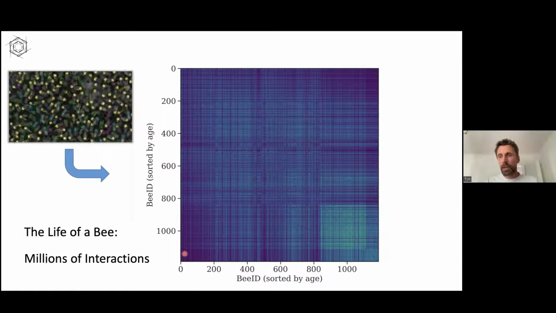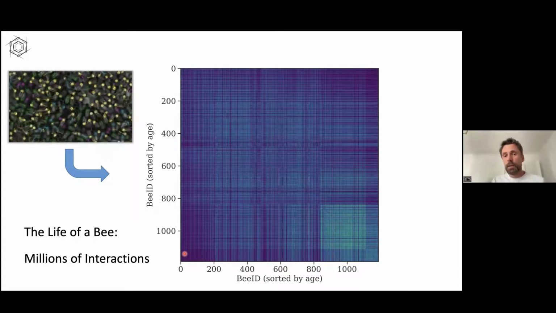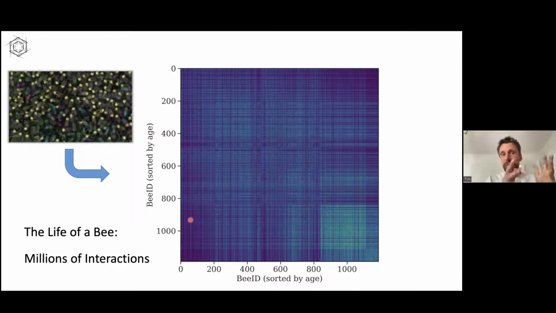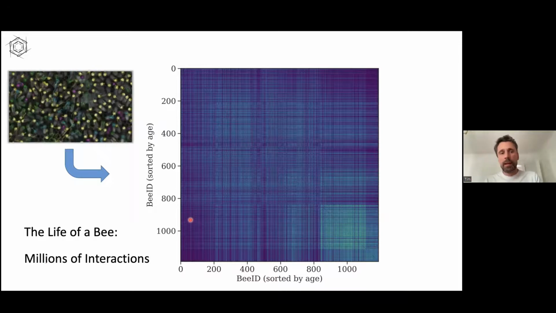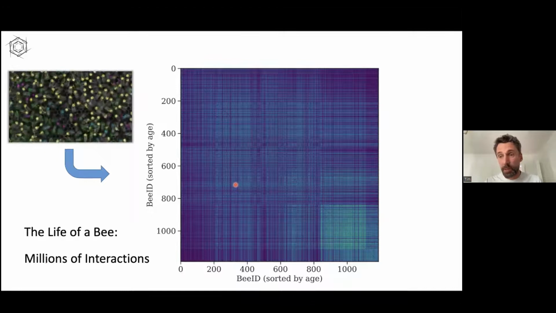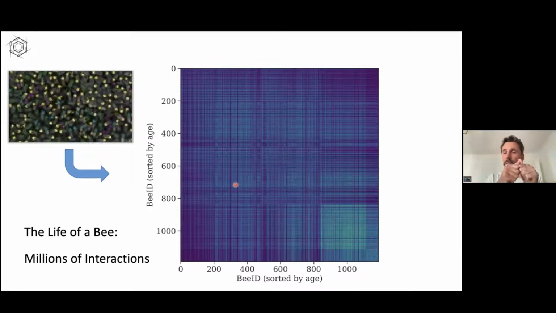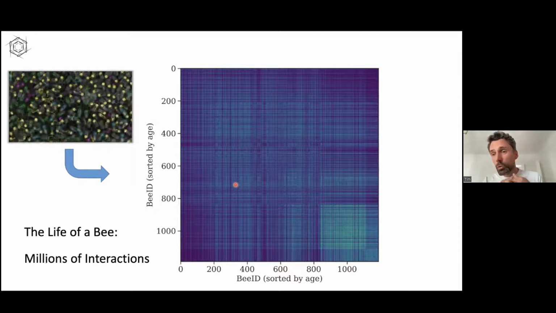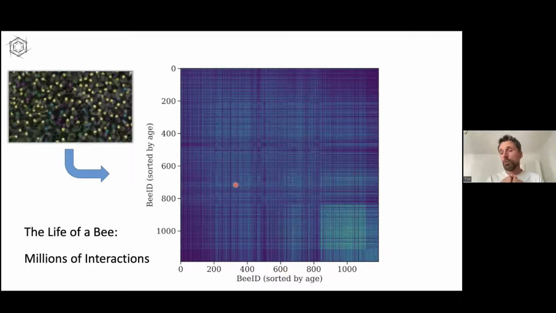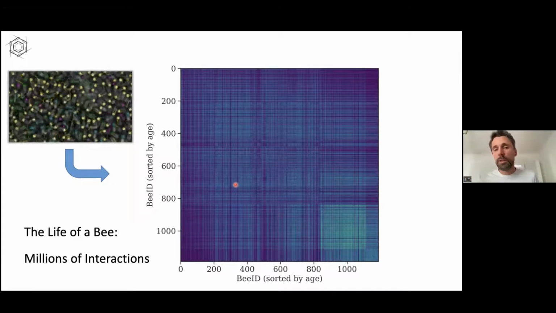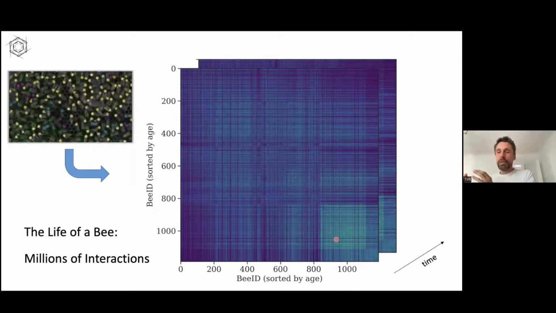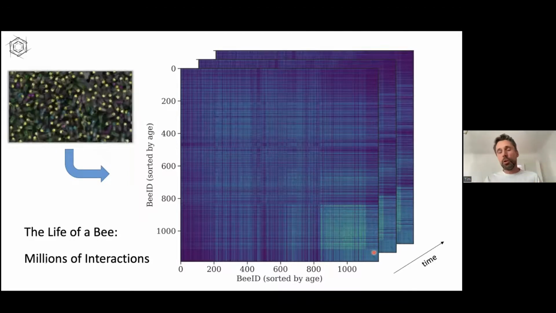So for an interval of time, let's say a minute or an hour or a day even, we could look at all the interactions, and these could be variably defined. So it could be food exchanges or could be dancing. In this case, it's really dense. These are proximity matrices. So whenever a bee and another bee are sufficiently close, we would count the duration of this interaction or the number of times they do this in a certain interval of time. And then since we have a lot of data, we could do this for many non-overlapping intervals.